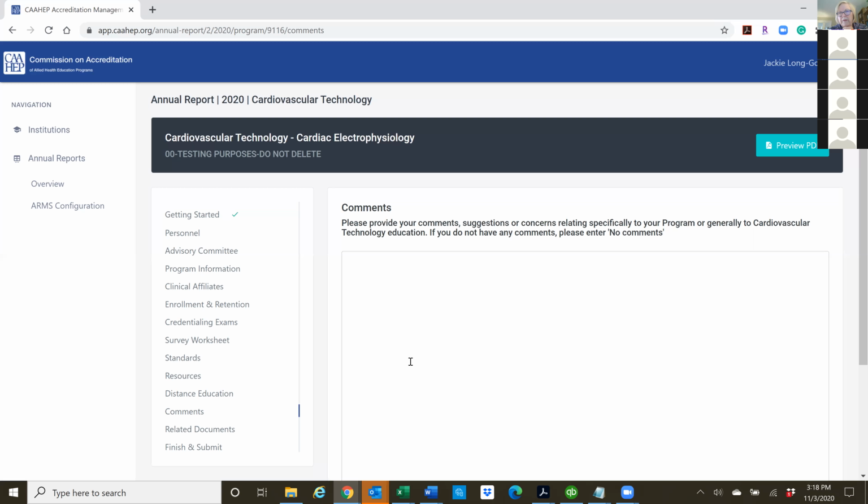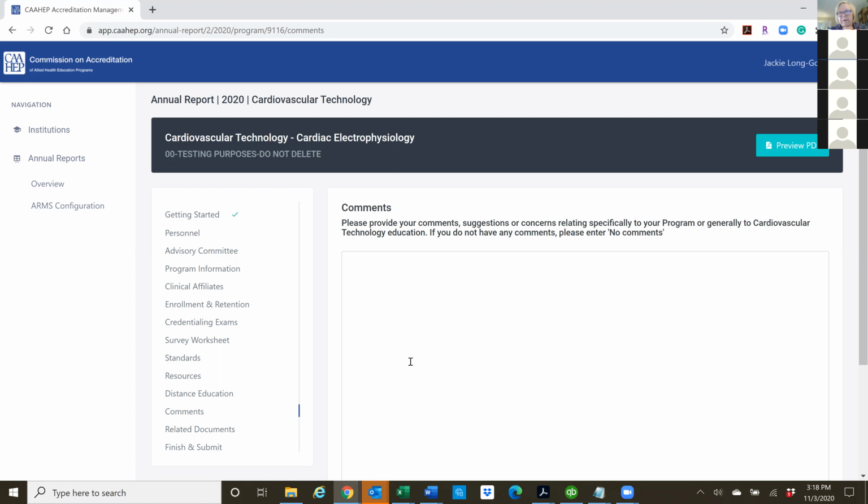If you have questions as you start to work on this and you see your manual, you'll be able to send me a quick email. If I can't answer it, then I have a person at CAAHEP I can ask, and if she can't answer it, then we bring in the IT folks. If you send me an email and I get it in the morning and forward it on, I generally have a response back by early afternoon. I know that CAAHEP person lives out in Mountain Time, so at 8 o'clock for me, it's probably 6 o'clock for her. But most of the time, if I send that by noontime, I have a reply back and can get back to you the same day.